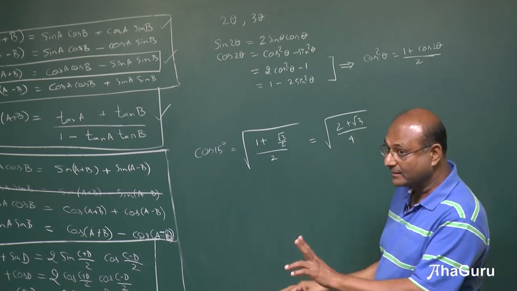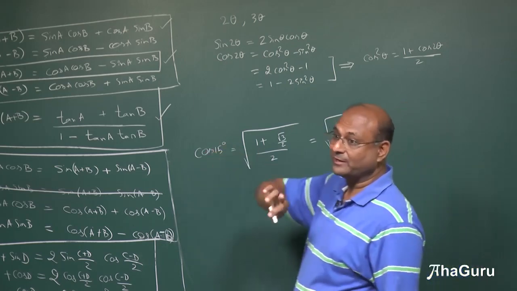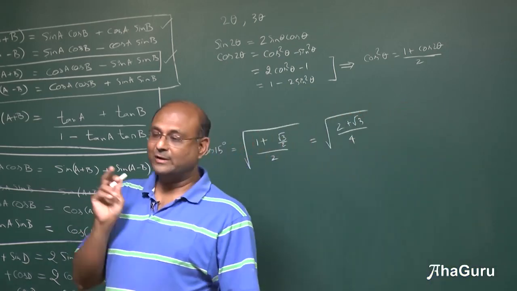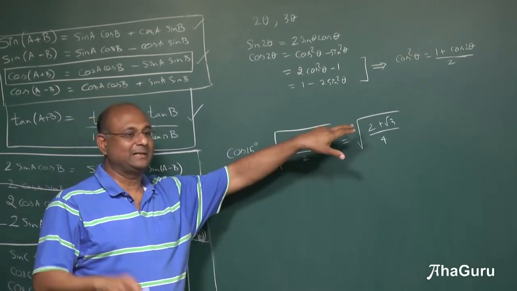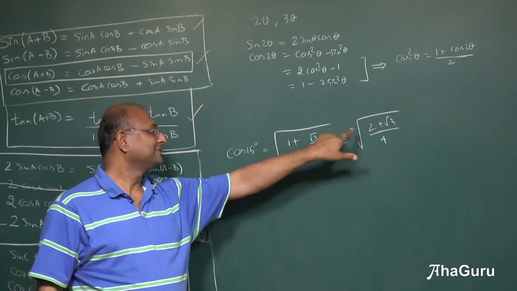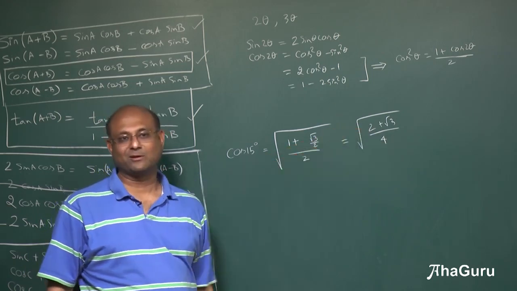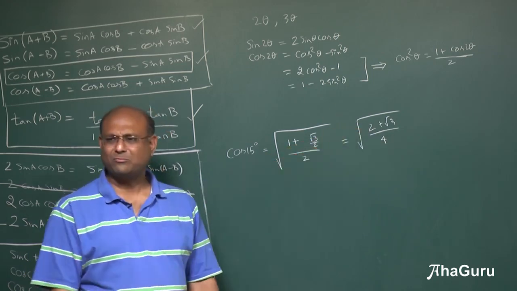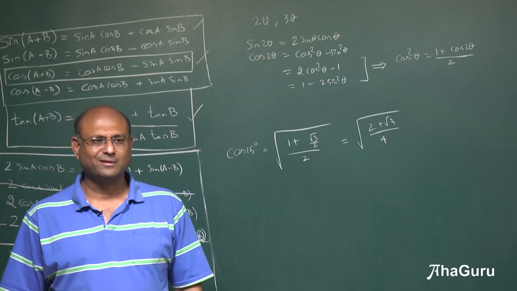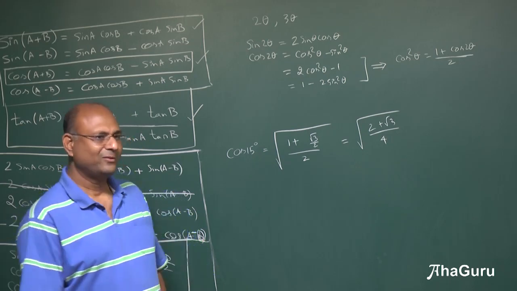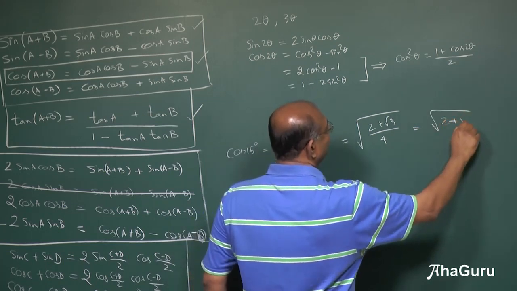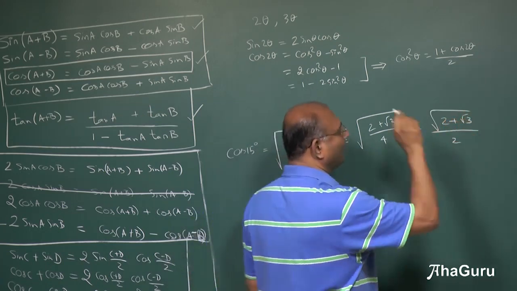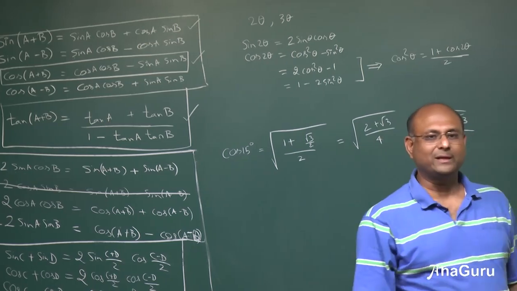This is one way to write it. But you could have also written it in terms of 45 minus 30. That will give you a different answer. If you compare the two, it will turn out that that fellow's answer is the square root of 2 plus root 3 by 4. How will you find out the square root of 2 plus root 3 by 4? You understand my question? You can write this as root of 2 plus root 3 by 2. Okay, but how will I do root of 2 plus root 3?